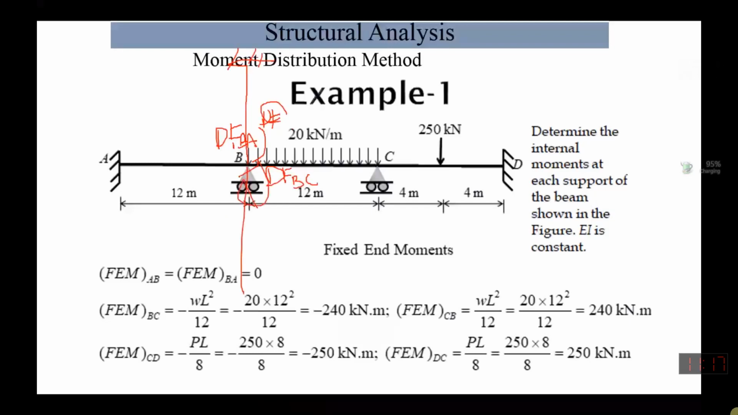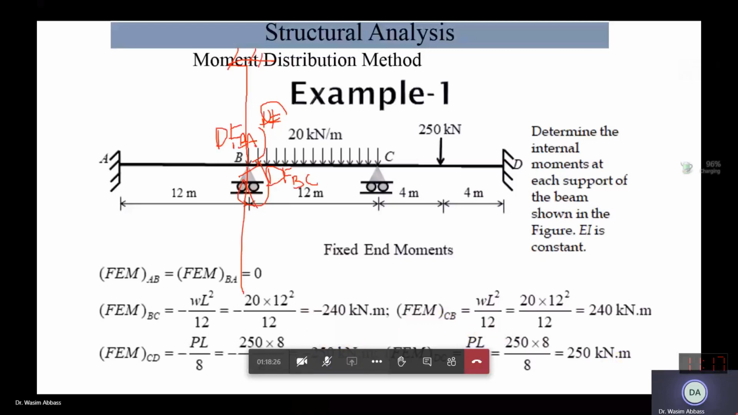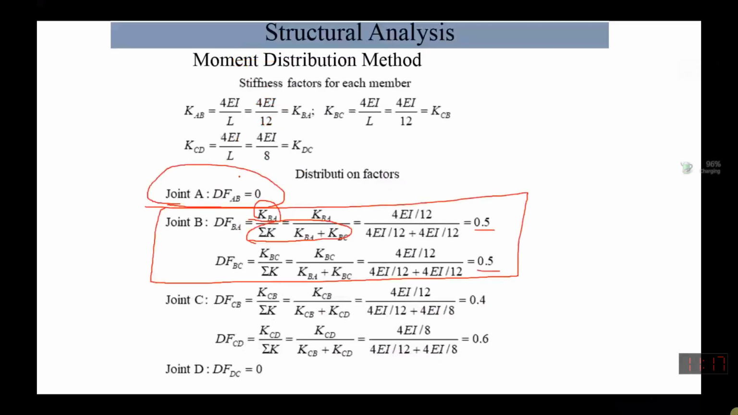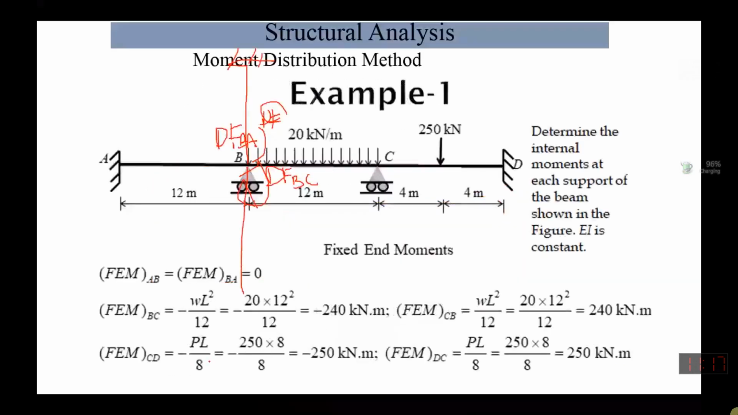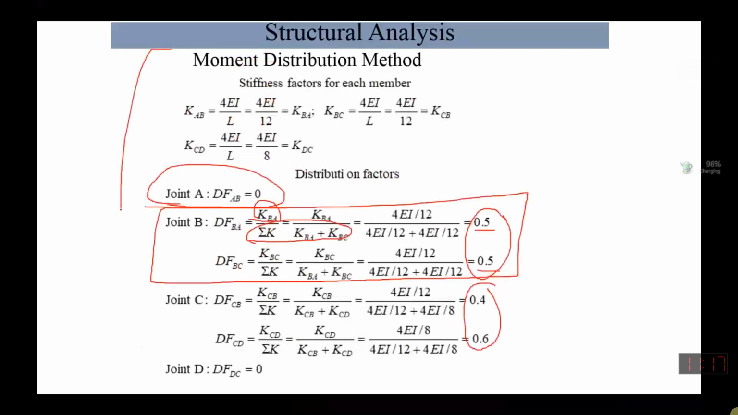But remember, the total distribution factor of the joint should be equal to what? 1 sir. 1. Clear? So if you see over here, this is what we have calculated: the distribution factor for joint CB, and then for joint C. And at the same time, the distribution factor for the last part is also equal to 0. So this is the part we discussed in our lecture, and now we have applied all these steps on the